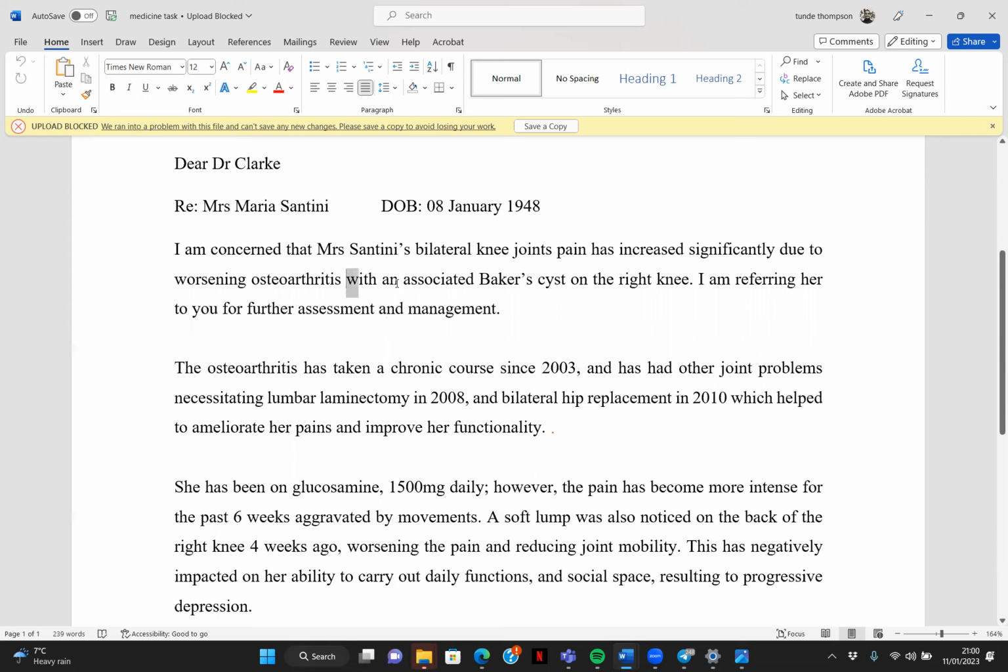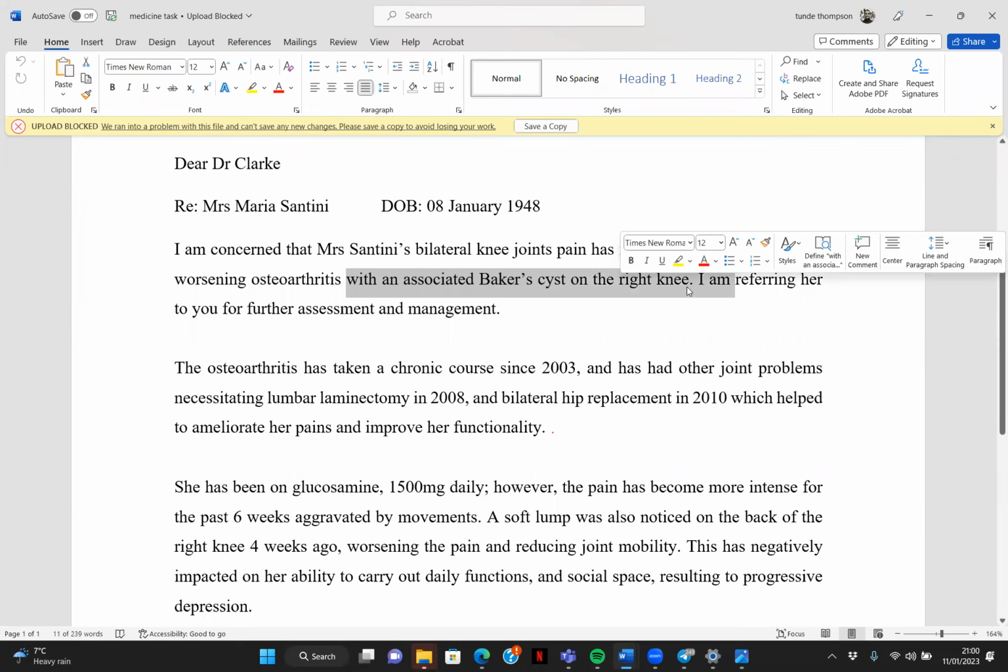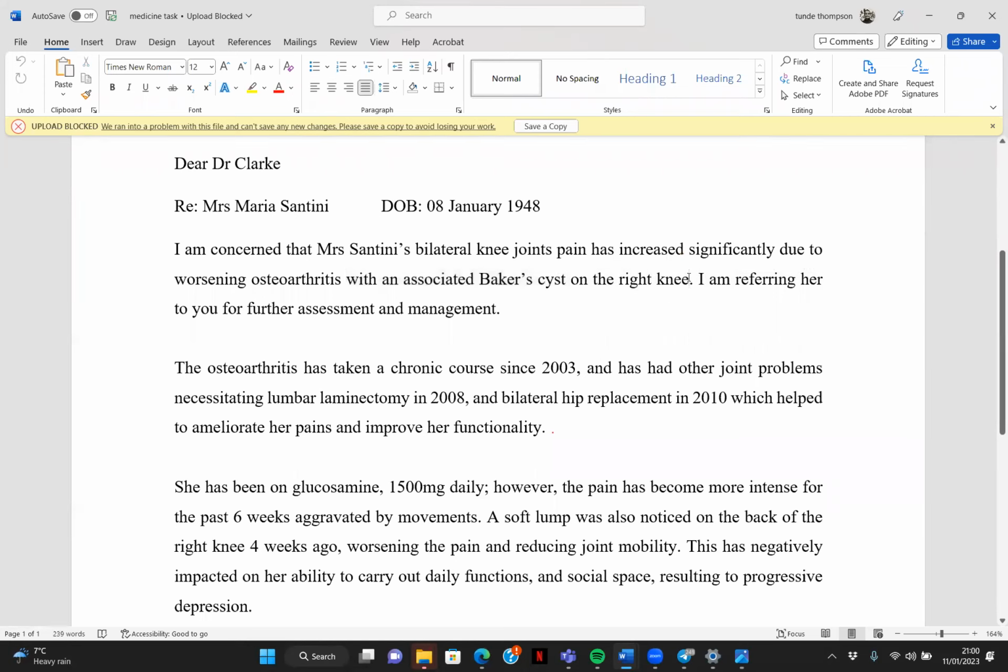Now, I want to modify this a little bit, significantly due to worsening osteoarthritis. Okay, before I modify it, let me just hear from you, because different people wrote this in different ways, of which the one I will like the most is in this introduction, trying to bring in that this has